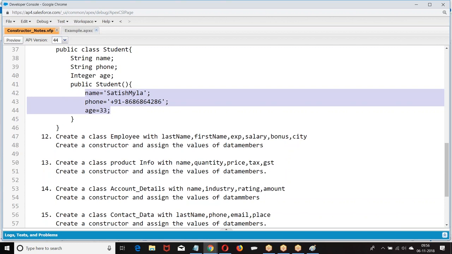Any query? So will the class execute? No. A class is only a template. It will not run. Create an object and run it. If you want to run a class, create an object and run it. I hope you are good.